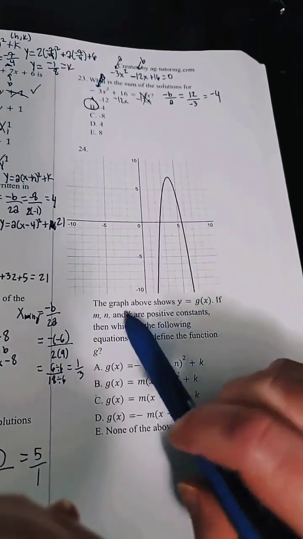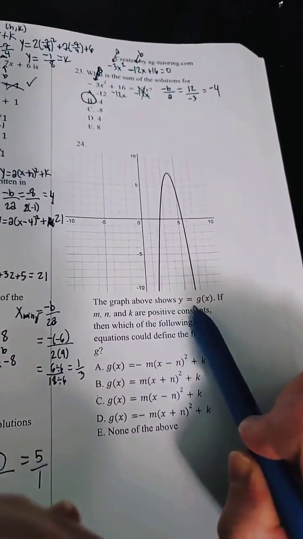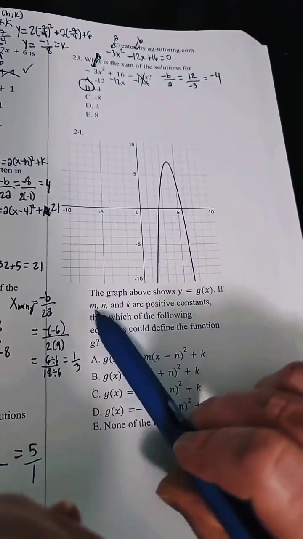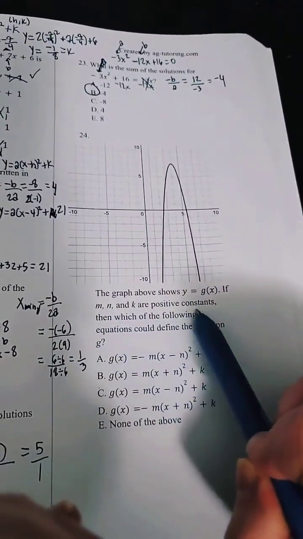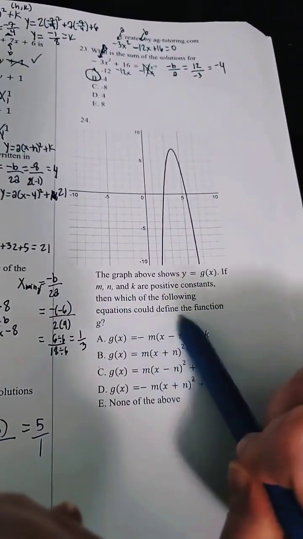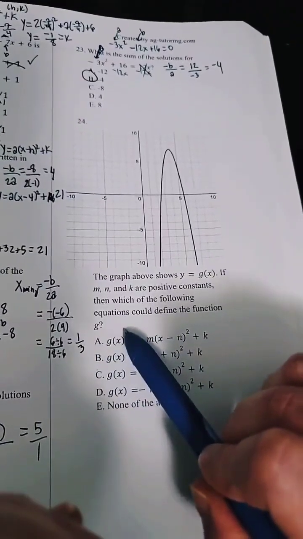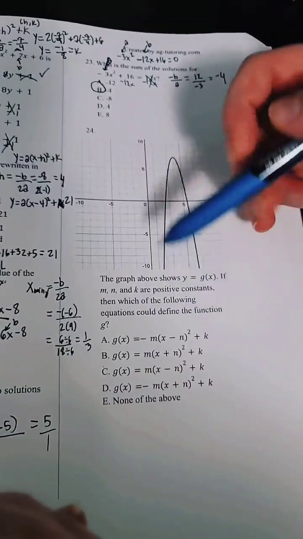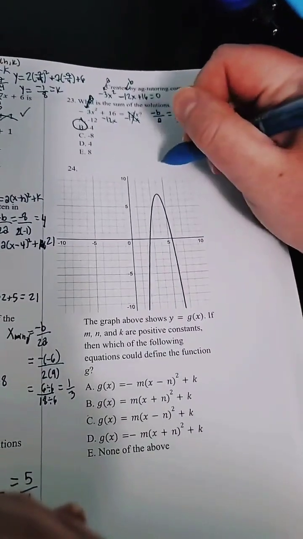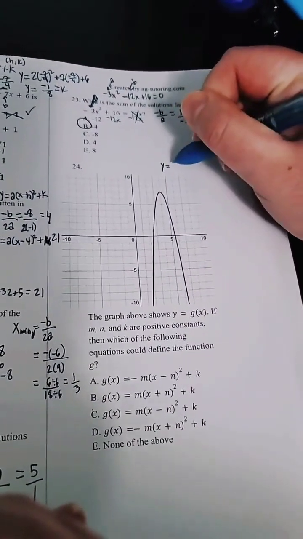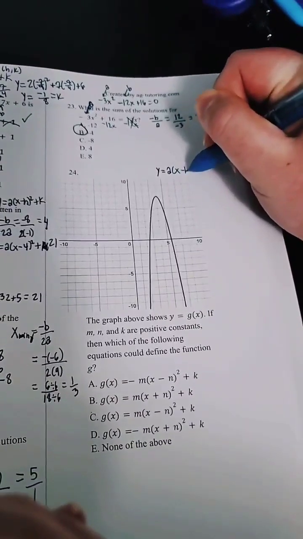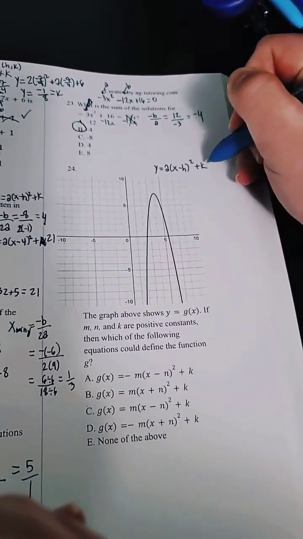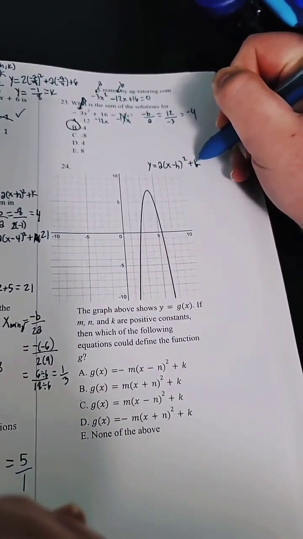So then let's go to number 24. It says the graph above shows y is equal to g of x. If m, n, and k are positive constants, then which of the following equations could define the function g? So what we're going to do is think about the different things that we know about quadratics and parabolas. Same thing. So we know that this is the format of the vertex form of the equation that